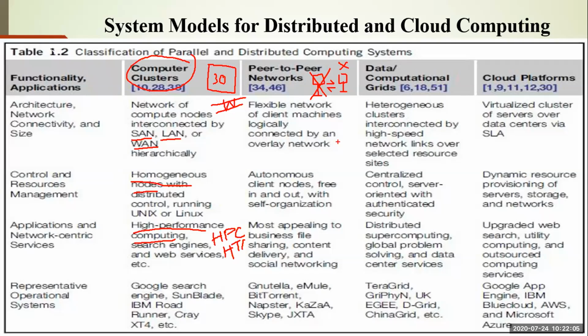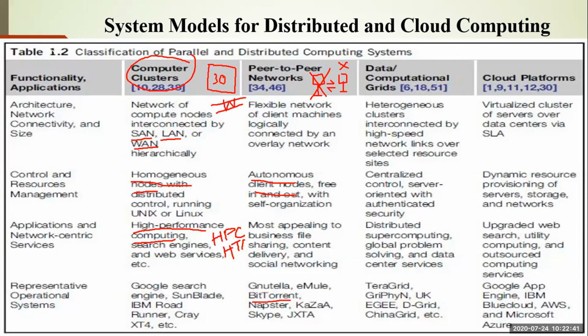So whenever you are sharing your load, you have to make sure that whatever load you assign to a particular computer system, even if that system fails, it should not affect your work. So instead of assigning your work to a single computer system, you assign a single work to multiple computer systems, right? That is the objective of a peer-to-peer network. And a popular example is BitTorrent. You are using BitTorrent, right? BitTorrent is an example of a peer-to-peer network. So here we are using autonomous client nodes, right?